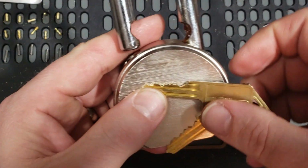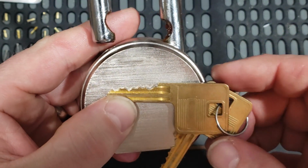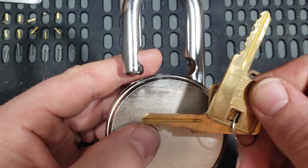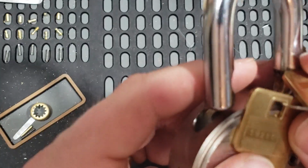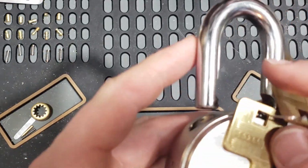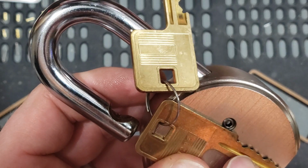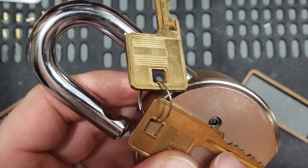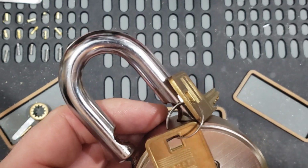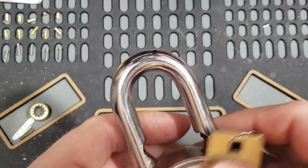Here's the bidding on that key. It's not too bad. Let's see what the numbers say on there. 19286. I'm guessing that's a code. It doesn't seem to correlate with the pins, and it's a number short for 6 pins. So, alright,